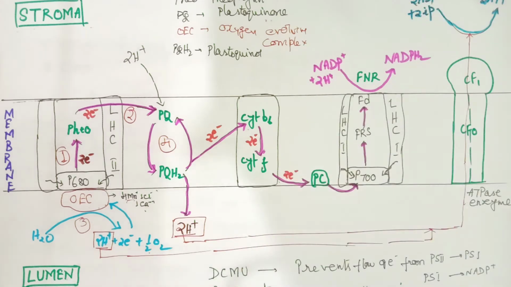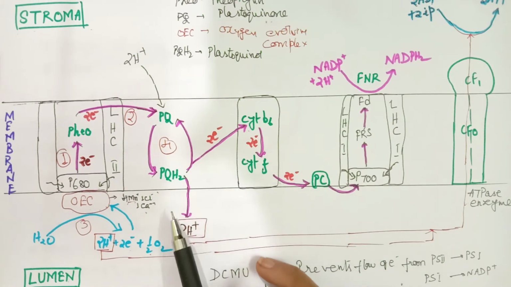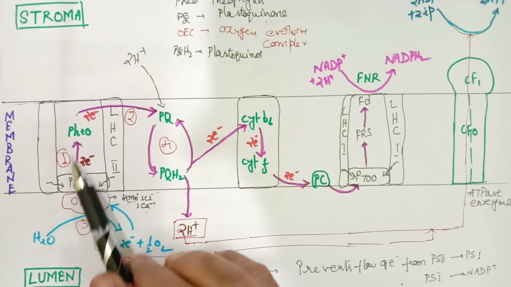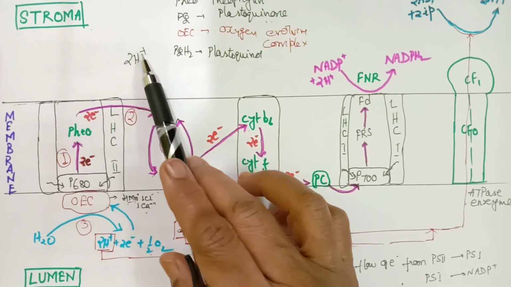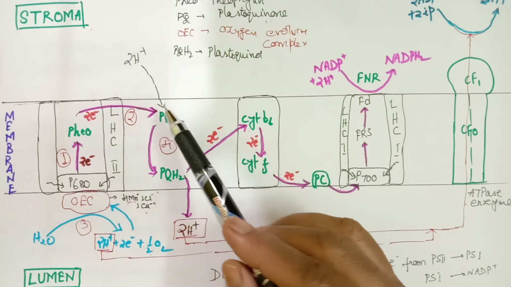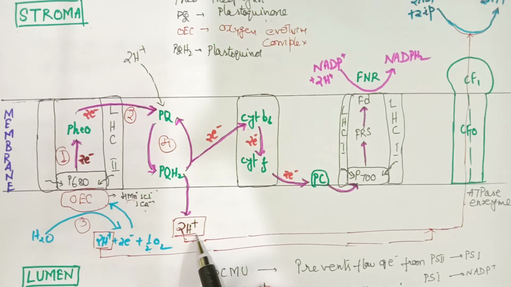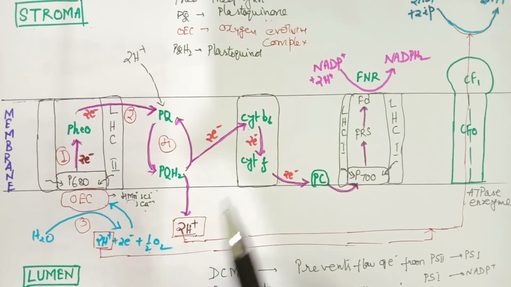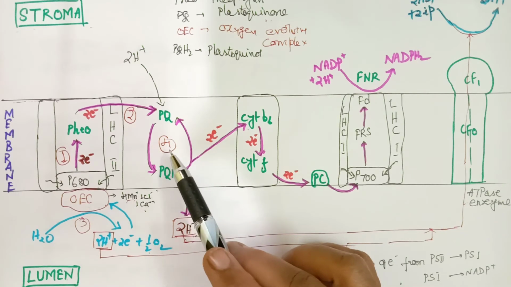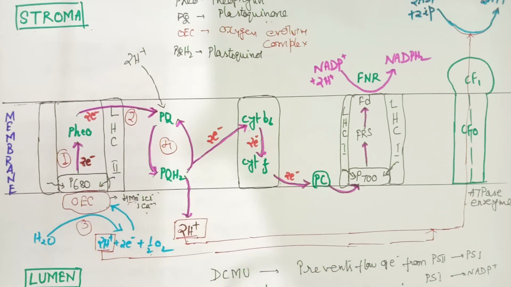Now, from one quinone cycle, we can find the electrons coming from pheophytin, and plastoquinone also accepts 2 protons. It is releasing 2 protons in the lumen region. So now in the lumen region, from one water molecule we have 2 protons, and from one quinone cycle we have another 2 protons. That means from one water molecule we have altogether 4 protons. Now this quinone cycle we can number as the 4th step.